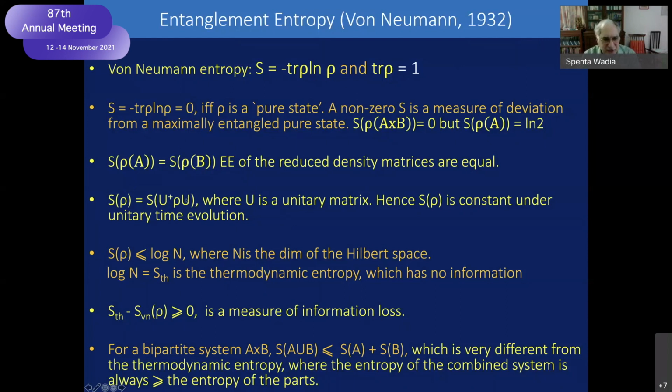It doesn't change under unitary transformations. It's bounded by the log of the dimension of the number of states in the system, and the thermodynamic entropy minus the von Neumann entropy is always positive, and it's a measure of information loss. Okay, so given these properties,